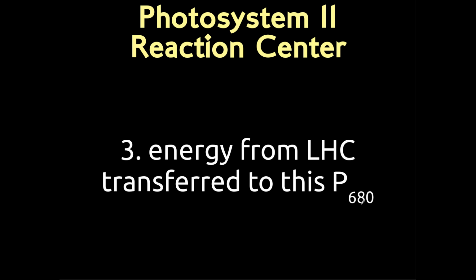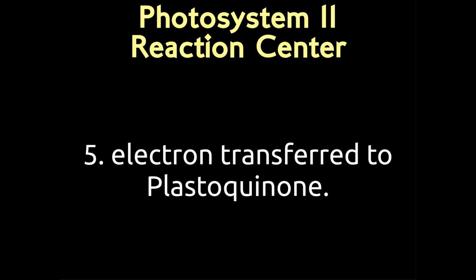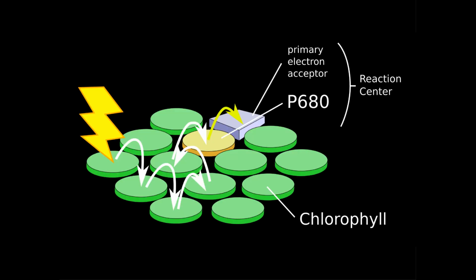Then the energy from the light harvesting complex, the light harvesting complex being all the other chlorophyll molecules, is going to be transferred to the P680 chlorophyll. And this is going to raise an electron in the P680 to a higher orbital. And then that electron is going to be transferred to plastoquinone, which is the next element in the electron transport